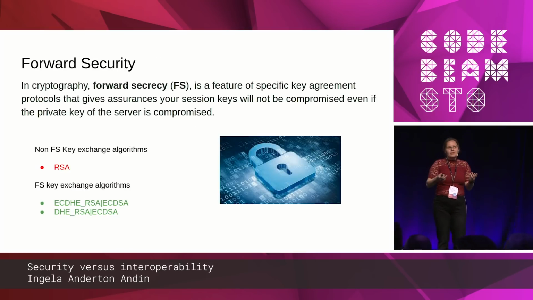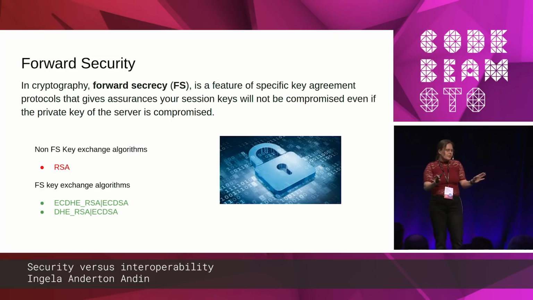So if you have a TLS setup with an RSA certificate, and you use an algorithm called the RSA key exchange, you will not get forward secrecy, because even if your key is secure right now, they could save the communication of what you're sending, and later, if your key is broken, they will be able to decrypt. And this is not something that you want.